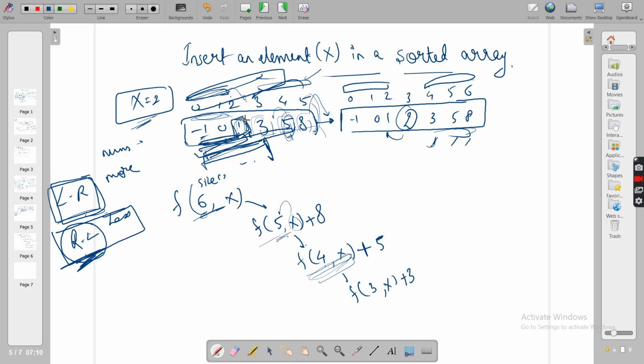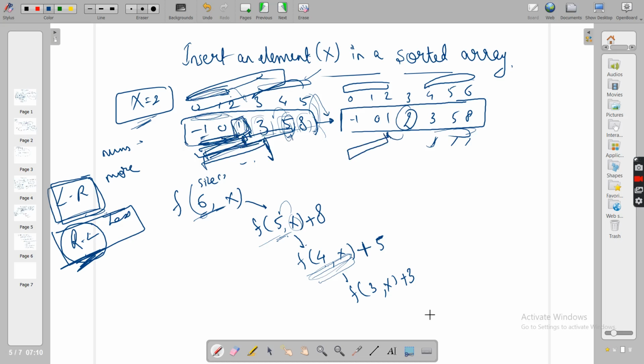In these 3 elements, you're seeing that 1 is lesser than 2. So now you won't call any further, and this is where we stop. We are stopping those unnecessary comparisons. This one was lesser than 2, so you won't go to the left anymore. So till this point you have reached.